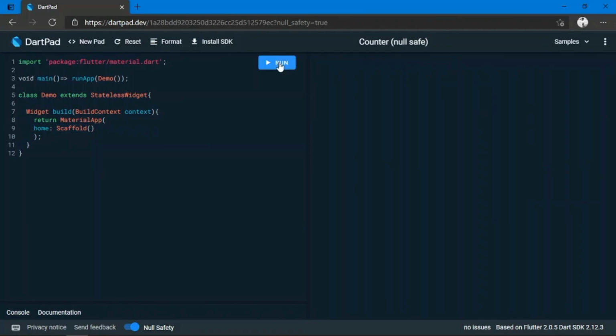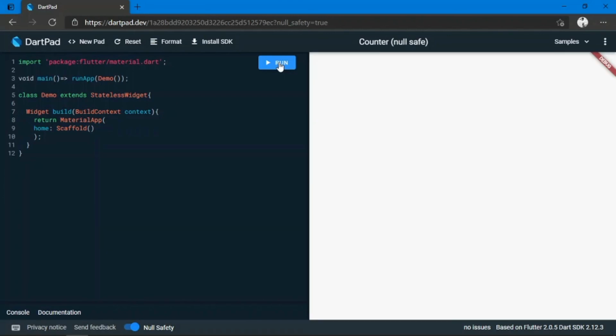So what we have got as output is that we have just created a material app, and it has a home, which has a scaffold. The screen you are looking at here, the white screen, is called a scaffold.